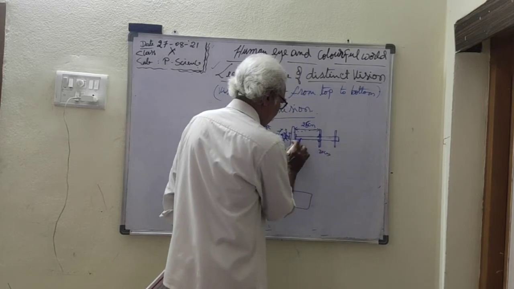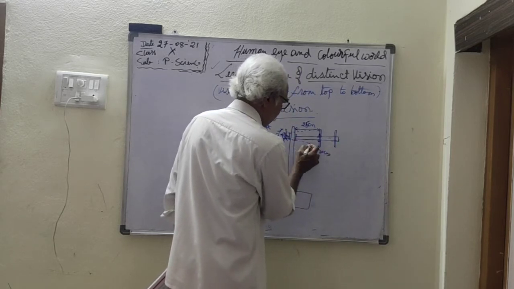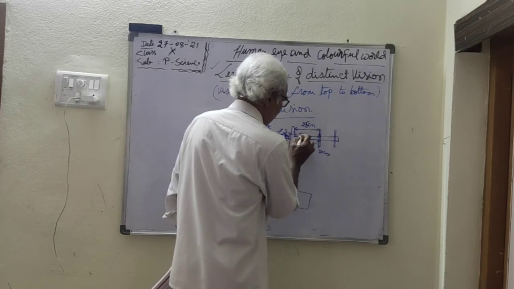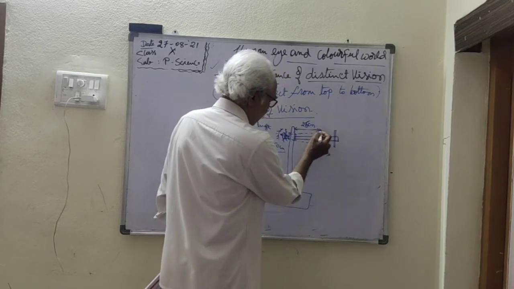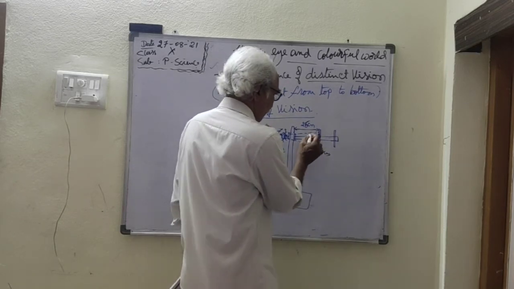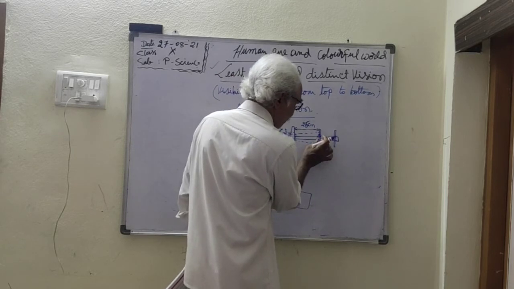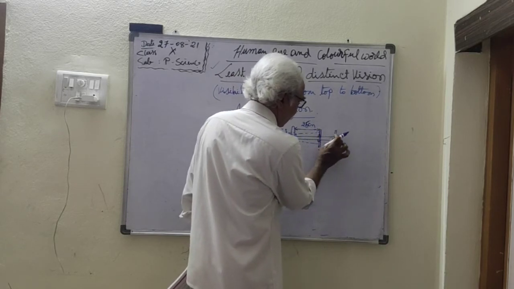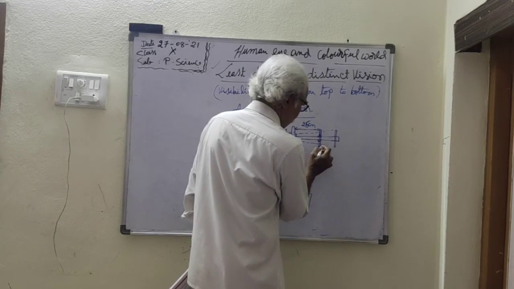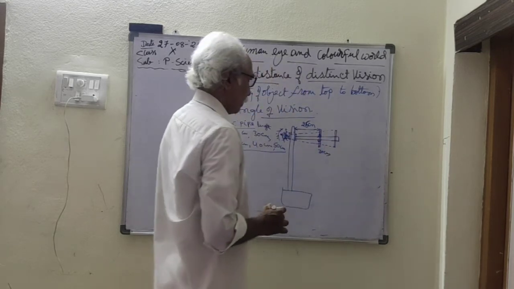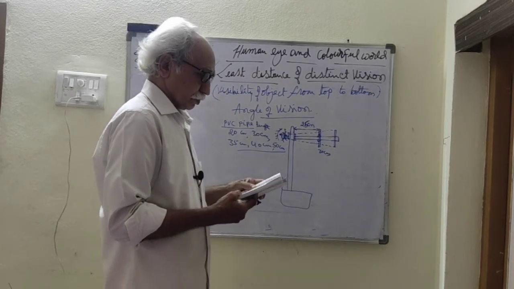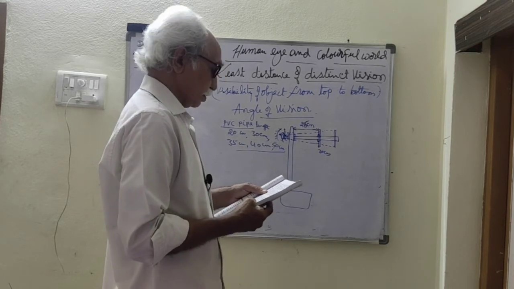Suppose you are able to see the rod only up to this point. For example, you are able to see only this portion and the remaining portion is not visible. Means top to bottom is not visible, only some part is visible. Now move this vertical rod along the horizontal rod some more distance and observe again. You find you are able to see the rod from top to bottom. So adjust the stick here.